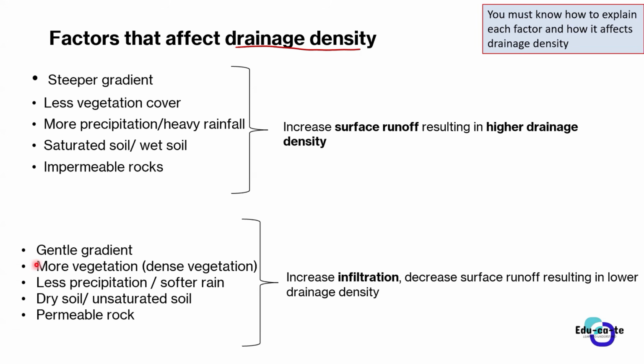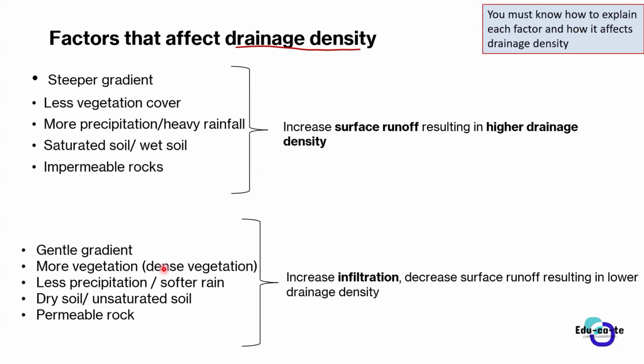More vegetation. If there's a dense vegetation cover, it means that there is more vegetation over the land. There are a lot of trees, a lot of grass, a lot of natural vegetation. We're not talking about crops, guys. We're talking about vegetation, and know how to differentiate vegetation and crops. Vegetation means the natural vegetation, trees, grass, something that grows on the land indigenously. That is the vegetation that we are referring to here, not the crops that you plant and cultivate today and harvest tomorrow.